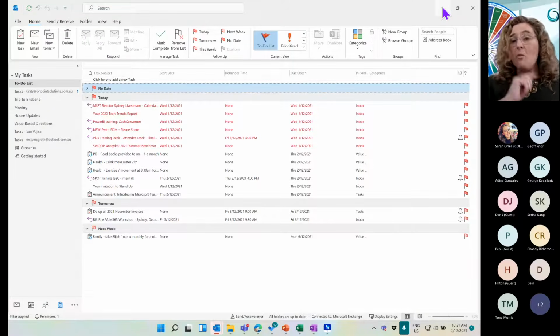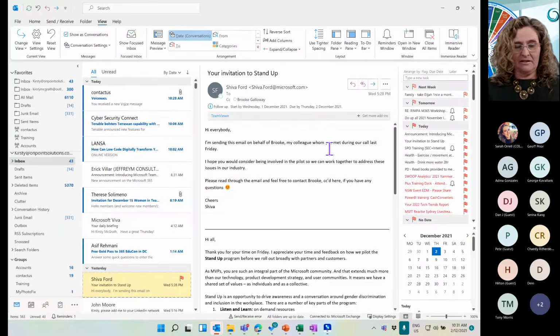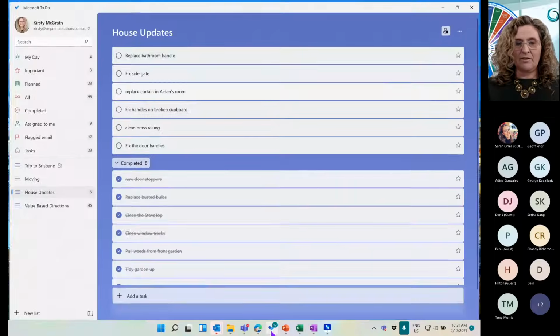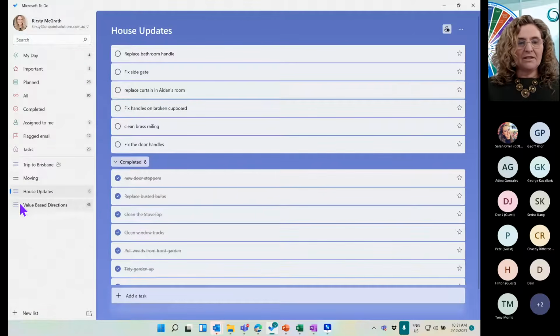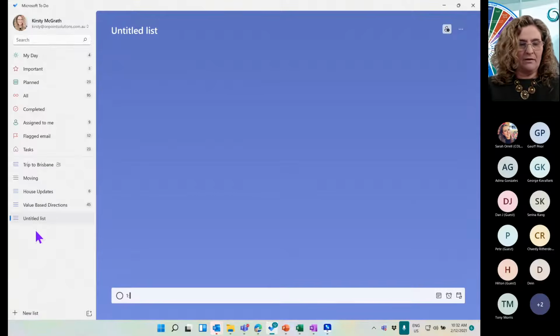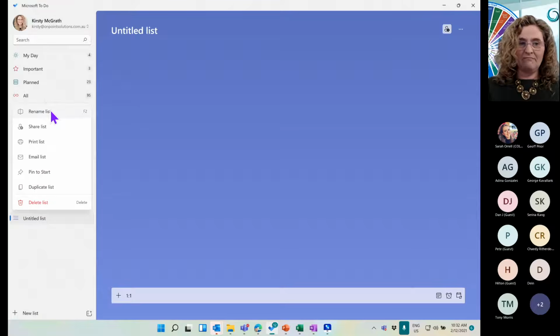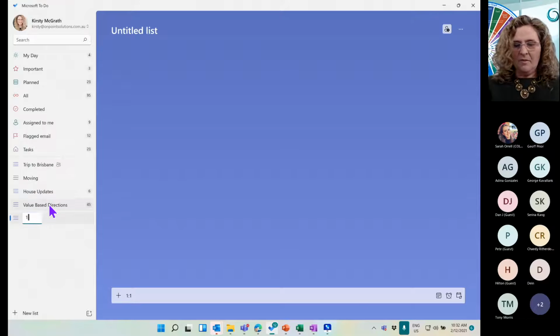And that senior, because what I can do is share that list with another. So as part of sharing that list, let's bring up the To Do app. Say it was any one of these. If I go to a new list and it was one-on-one, let me rename that: right click, rename, here we go. So this is my one-on-ones, for example.